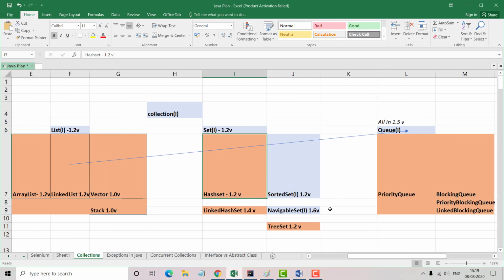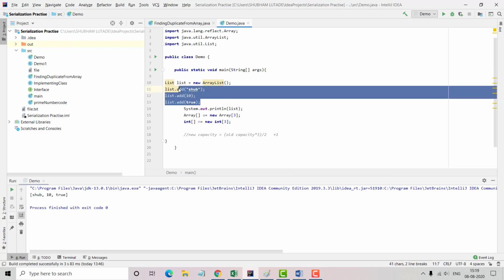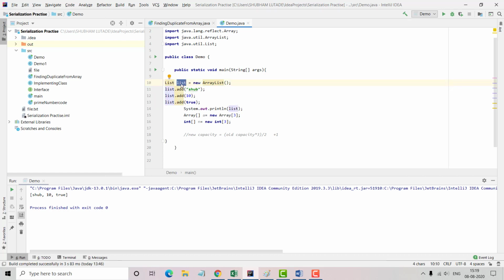In the previous example we added string, integer, and boolean types. These were different data types, and we were representing them with a single unit, that was a list. So we can call this a collection, and that's why we called a list a collection. This is the simple and easy definition of collection, you can say.